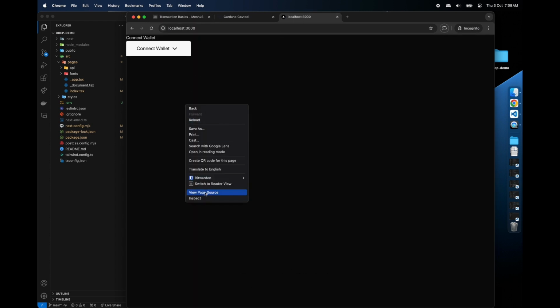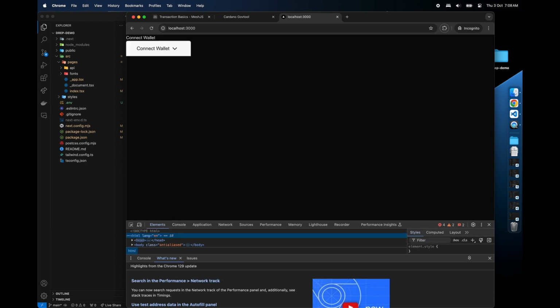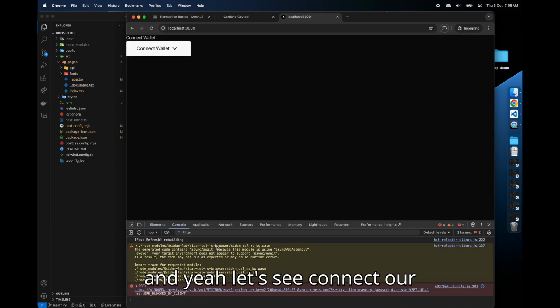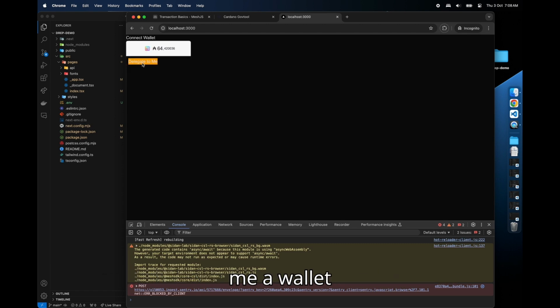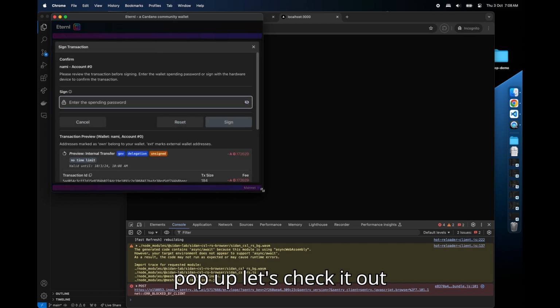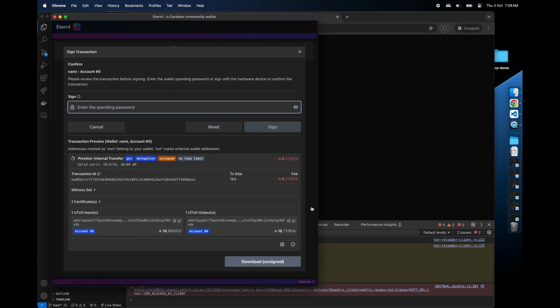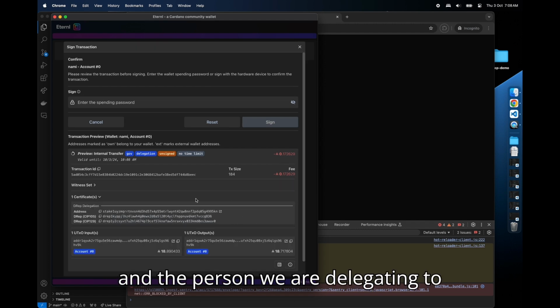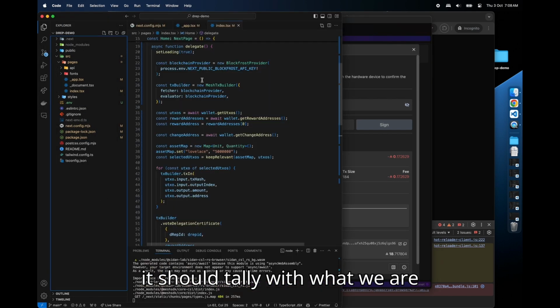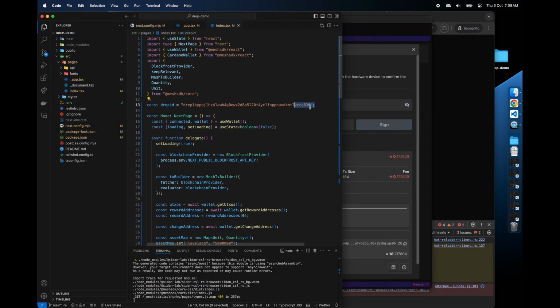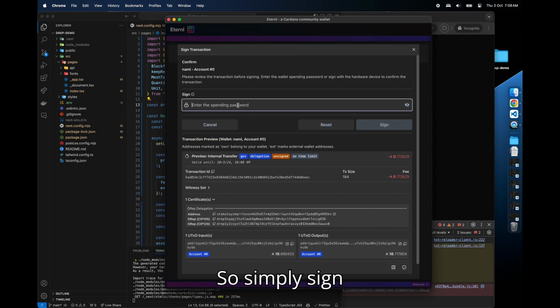Refresh, inspect, open our console, and yeah, let's see. Connect a wallet. There's a button here, delegate to me. A wallet pops up. Let's check it out. So it's simply paying for fees, and the person we are delegating to is this one, G836, right? And it should tally with what we are expecting here. So simply sign, and